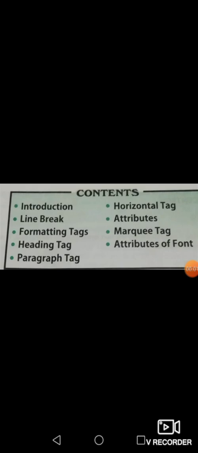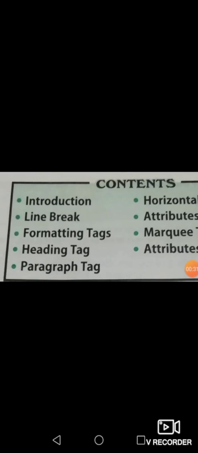Children, this is all about your third chapter. In this chapter you have learned line break, and what is the tag for line break? We have used BR tag. And formatting tags you have learned bold, italic, underline, and then you have learned small tag, big tag with an example. And then heading tag, paragraph tag, P tag, and then 6 types of heading tags H1 to H6.